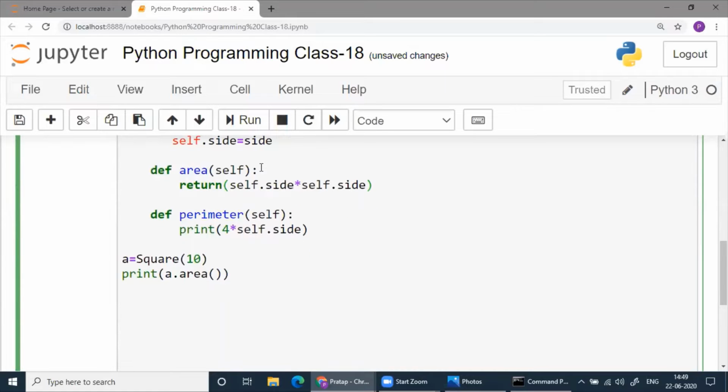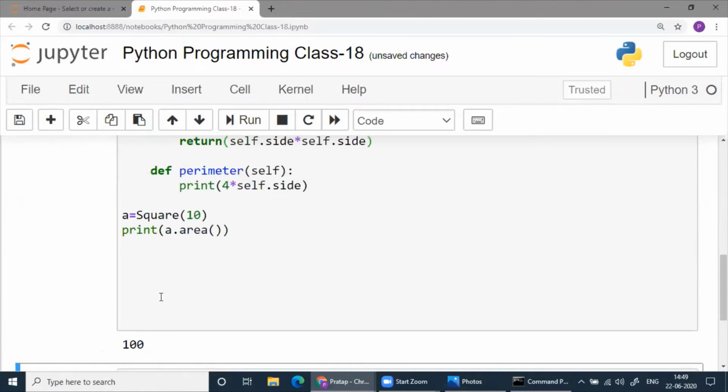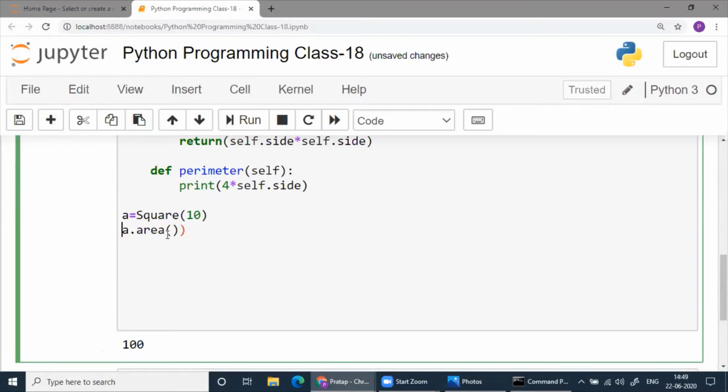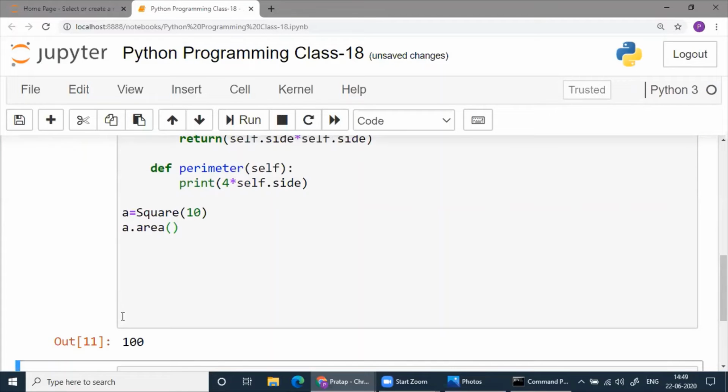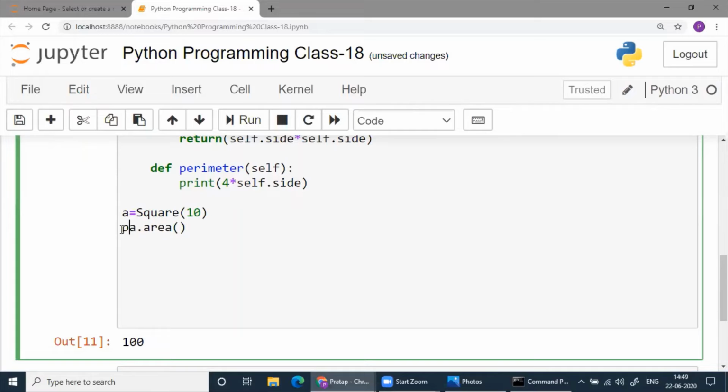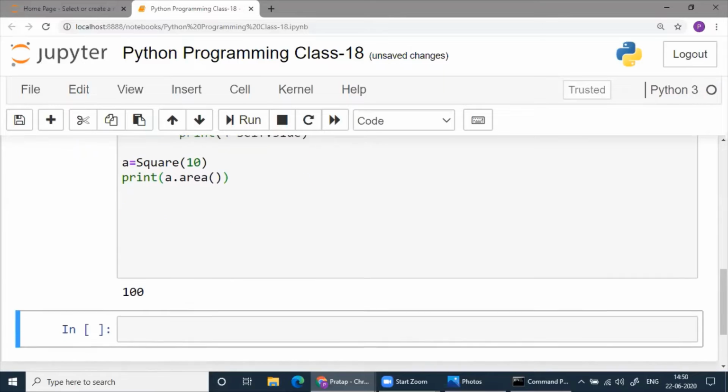Return is a stronger statement. Now 100 you got. When you printed, if you don't print, maybe you will not get anything. That's a separate thing. But yeah, here it's showing something. Otherwise, in many other IDEs, if you check, you will not get anything. Print is mandatory. They don't show up return. This is 100.